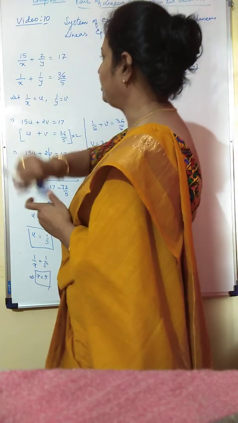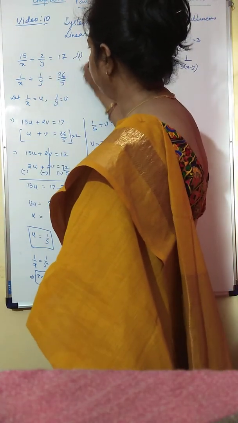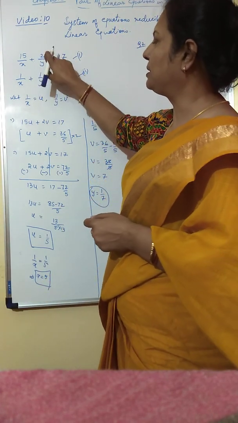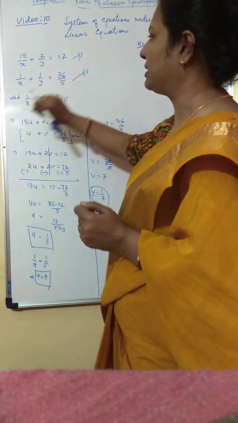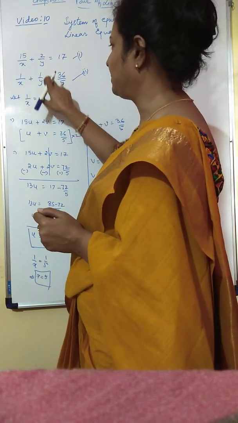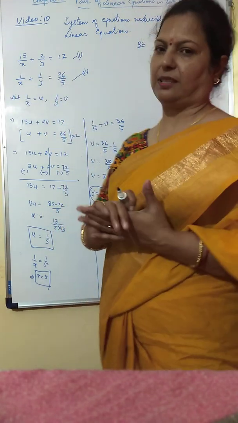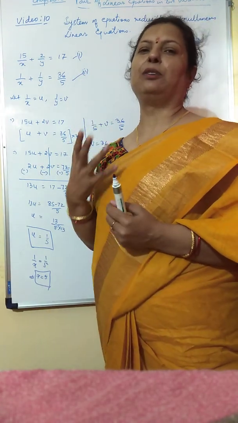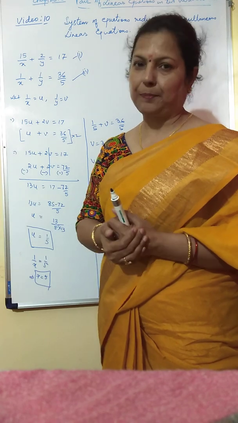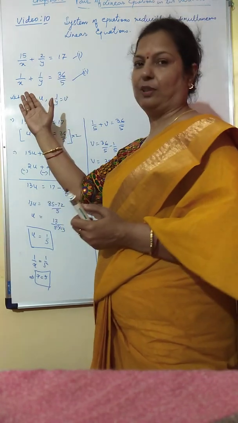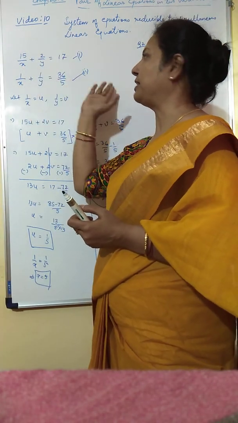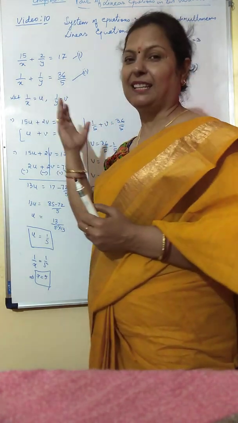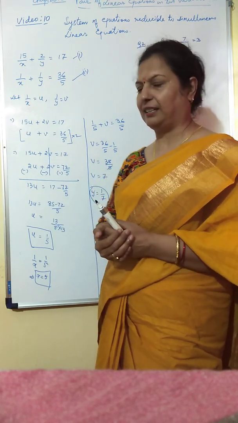Now you check these two equations which I have written here. It is 15 by x plus 2 by y is equal to 17 and 1 by x plus 1 by y is equal to 36 by 5. Now when you look at it at first glance, you won't be able to make out what is wrong in this equation. So what do we need to do? This is already given in the form of x and y, we can simplify it. But try doing it yourself and then see where you face the difficulty.